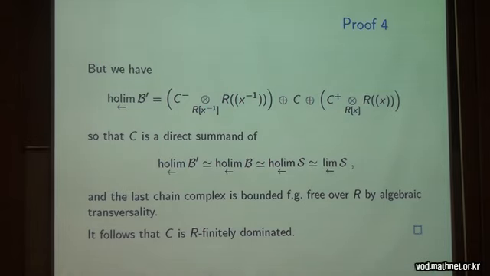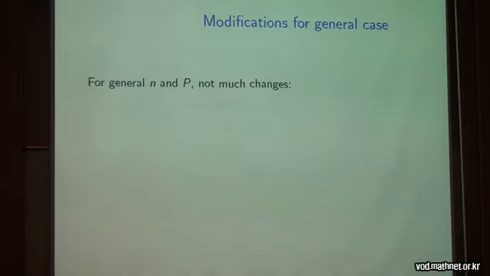Right. As I say, this isn't original, this is really Ranicki's proof. Just if you read the paper, it might be hard to recognize that as the same at first. Right? So the good news is that this type of proof, with the exact same arguments, generalizes to arbitrary n and P. Okay, so P is an n-dimensional lattice polytope. I should probably have said simple, in fact. I forgot that.